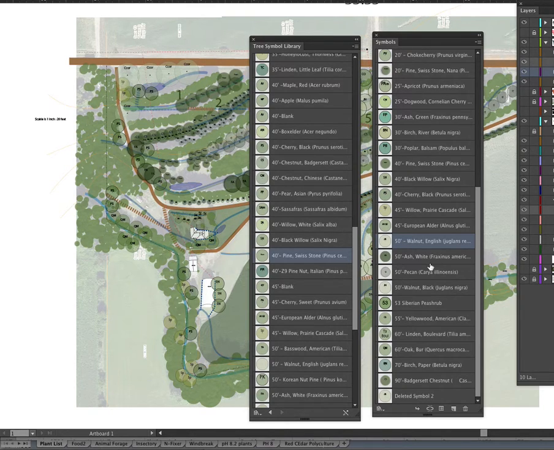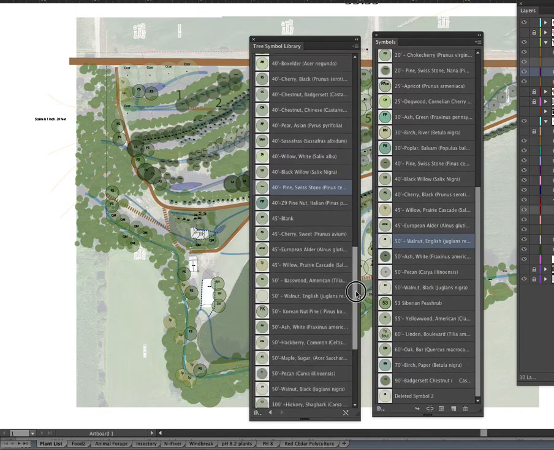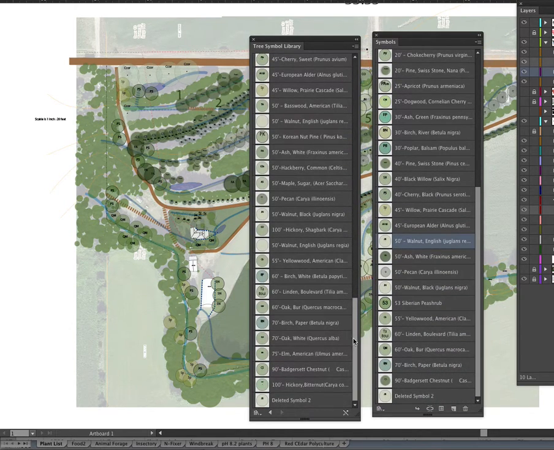and add to that and start placing the plants that way, going through the list and finding out which ones on here are missing. And then once you've pulled all the ones off of your tree symbol library that you can use on this property. Many of these plants may not be appropriate for the property, so you don't want to pull those on if they're in the wrong zone or wrong soil. So take the ones that you can, note the ones that you need to make a new symbol of,